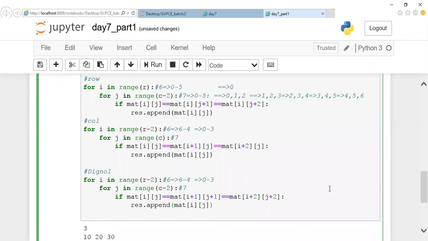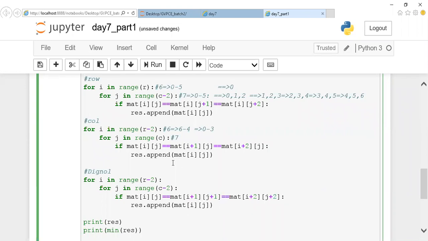So this is done. After this, what is required? I want to print the minimum value in this list. So we know how to print the minimum. For your identification, let me give this result first to be printed, and next line let me print the minimum value in the result. Guys, is this program clear? Just the logic for iterating the diagonals alone. I've written the logic for iterating diagonals. This is a normal matrix program where you're supposed to find the position of it.